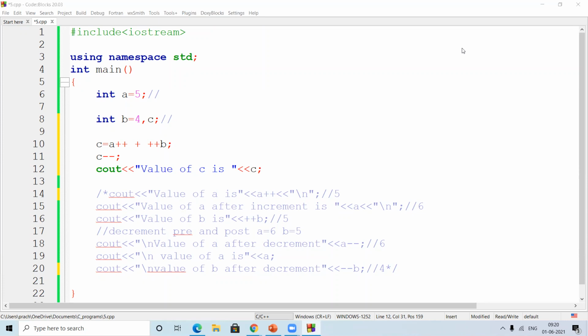Are you getting what exactly a dry run means? हमने value बस उसमें डाली है, उसको हमें लिखना है, and then you're going to tell it. Okay. What will be the value of C?